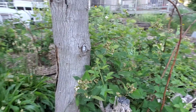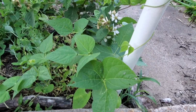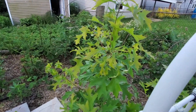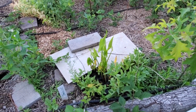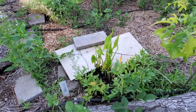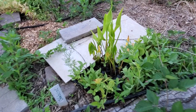Coming up on this side, we have black raspberries. I've got green beans. These are pole beans that are going to grow up there. Got a cutting from a grapevine. I've got an oak seedling here. I have a little tiny pond here that's covered over by some tiles. Part of it's covered over by some tiles. Adds some diversity, adds a water element to the space, and has some native water plants growing in it, including